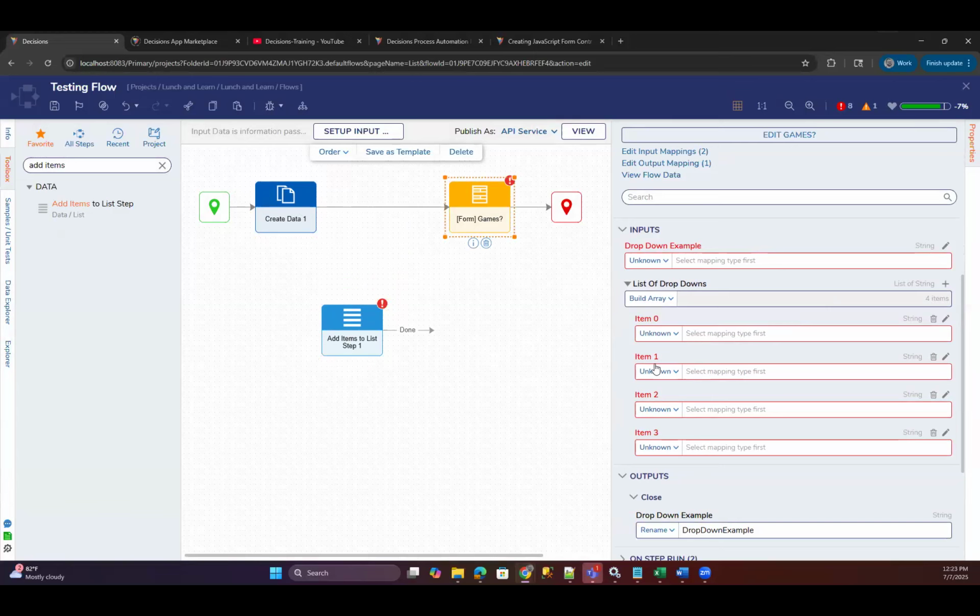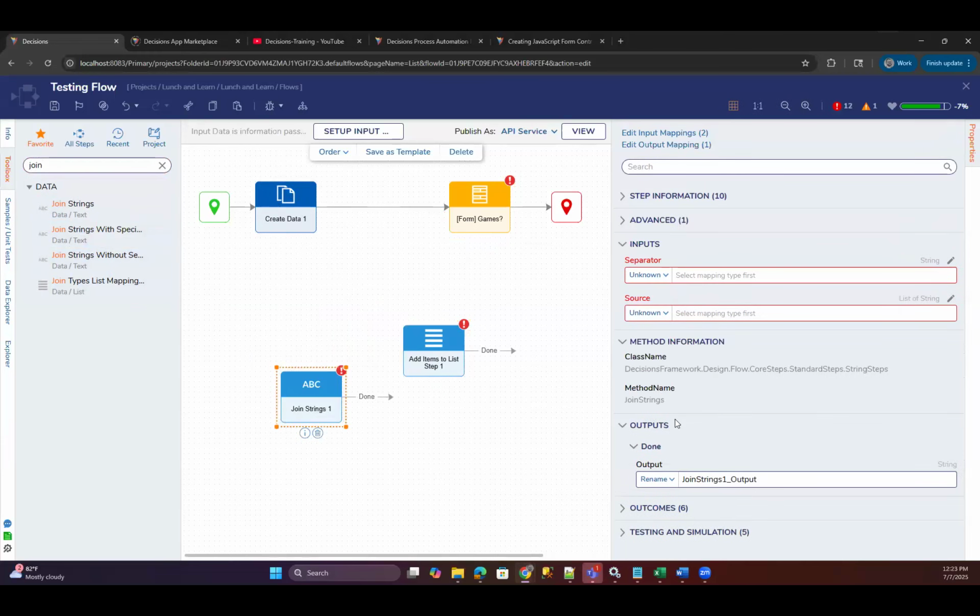It'd be a little annoying, I guess you could say, if you're trying to add a bunch of items at a time. Something like that could become a little bit tedious if you have a bunch of separate inputs. But if you're trying to combine all of your inputs into one list, then something like this is potentially more useful.